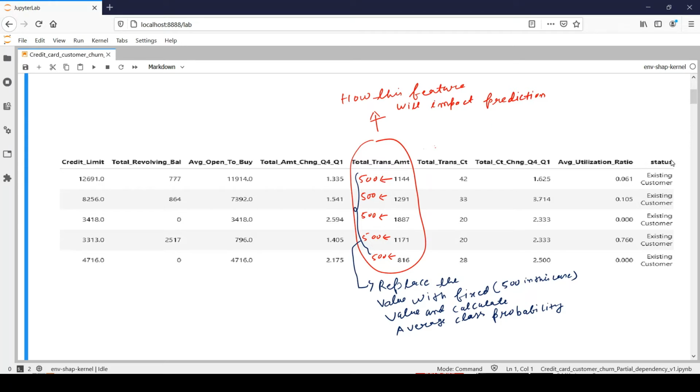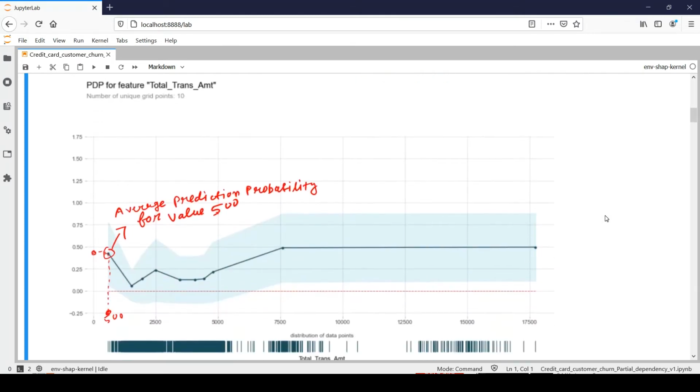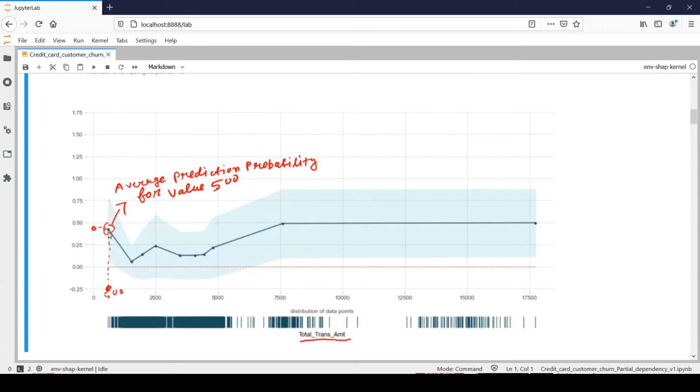Once we prepare this type of data, we feed all these data points to my model, and the model will find the average class probability for this unique value, which is 500. That's what partial dependency will plot here, right? You'd be able to see that at the 500 value, the average class probability would be 49.